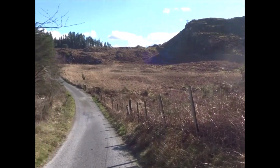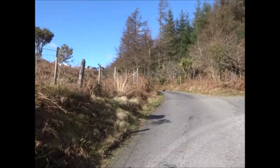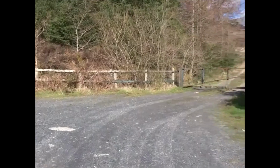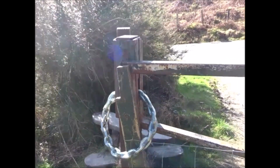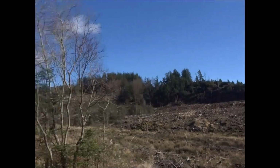I turn off this quiet lane here, which leads to the hamlet of Croesor, about 3 miles further up, and turn onto this forest track. Look at the size of that chain and padlock on this gate. They certainly don't want any unauthorized vehicles